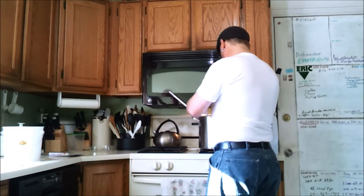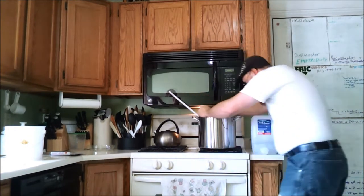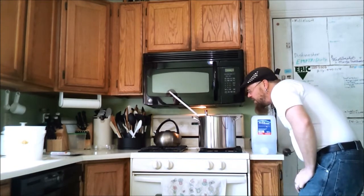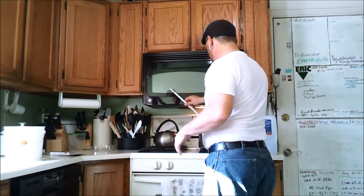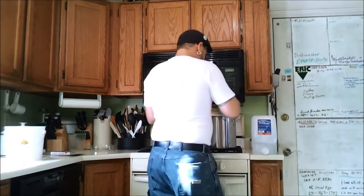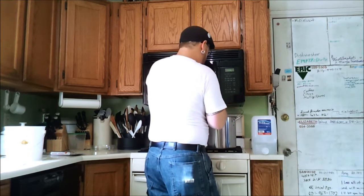Alright, that's actually really good looking. Looks really good. I got at least a gallon in here. I'll be able to see when the temperature comes up to the right temperature. So now that all of my liquid is in the pot,